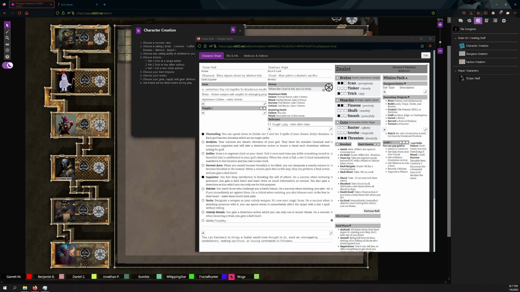I'm gonna be sneaky because I don't want to get attacked. So I'll do 2 in Skulk, and then I'll do 2 in Scan. Yep, and then 1 and 2 more. Oh, okay. I'll do 1 in Tinker, and Korban,